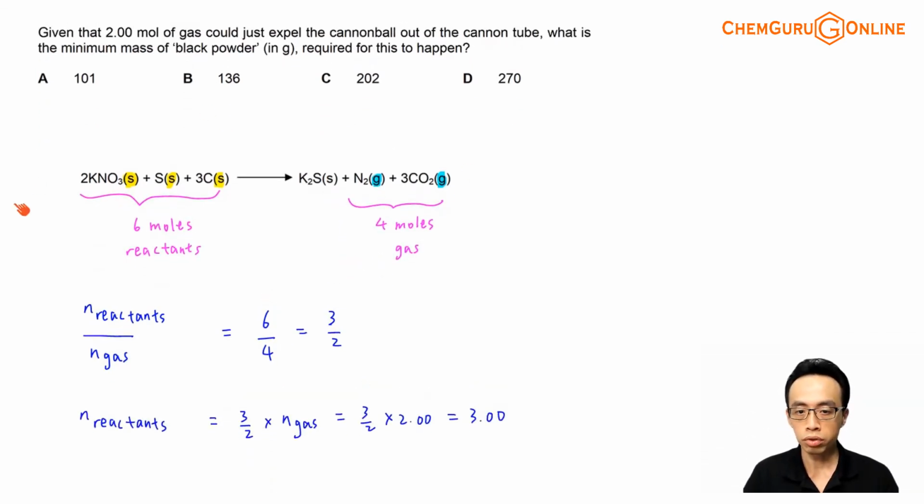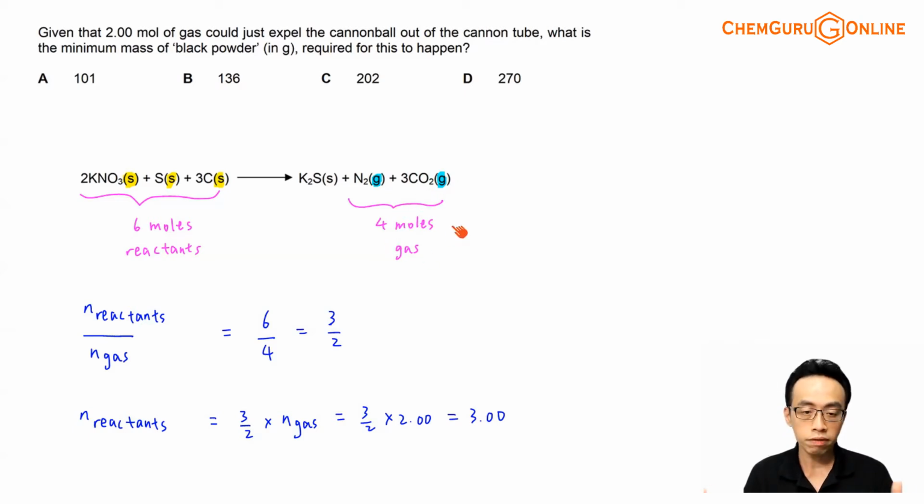Now given the balanced equation in the question, I have 2 moles of KNO3, 1 mole of sulfur, 3 moles of carbon. So altogether we will have 6 moles of reactants. All of them are in the solid state, and involving the products, we are only interested in the gaseous product. So I have 1 mole of N2 gas and 3 moles of carbon dioxide gas, 4 moles of gaseous